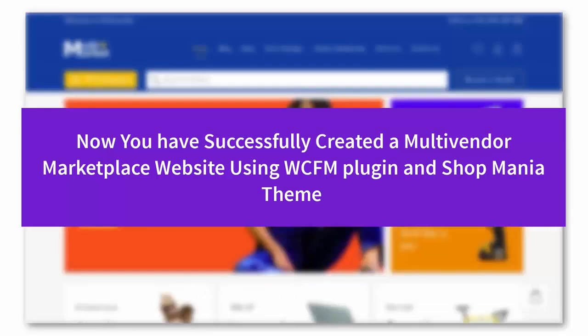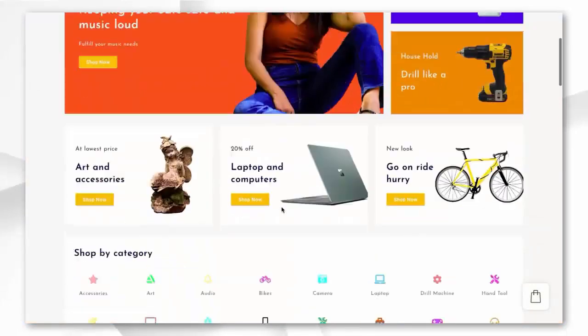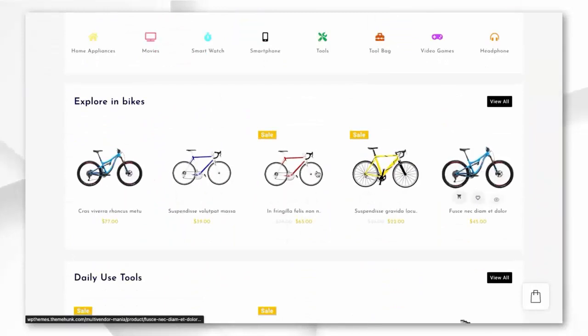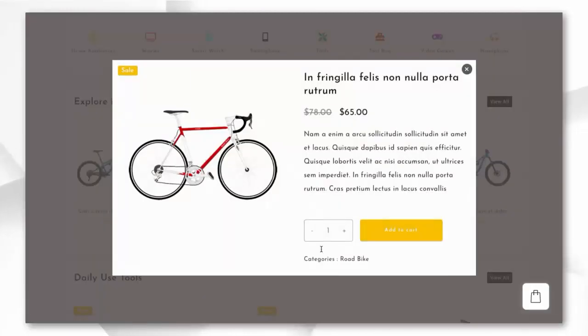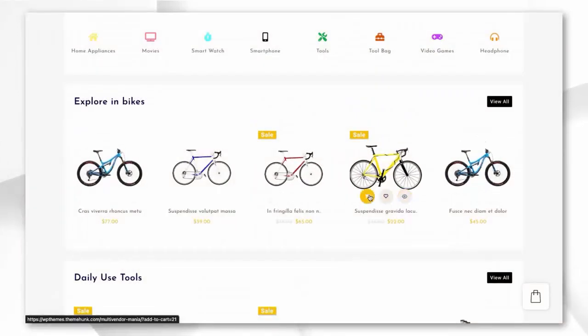Now you have successfully created a multi-vendor marketplace website using WCFM plugin and Shop Mania theme. This is how the multi-vendor website looks like. Quick view option, add to cart,